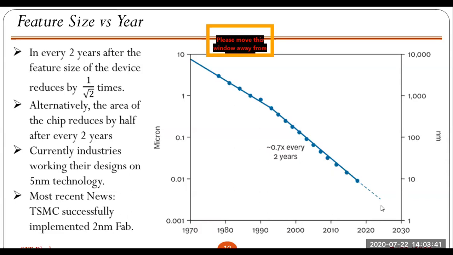So here Moore's law is somehow applicable. If you calculate, you will definitely get that. But the main thing is that one after another the technology is coming. Suppose I am saying 180 nanometer. Suppose we are working in our lab on 180 nanometer technology. The next technology is 130. The next technology is 90. So what is the scaling factor? Can anyone guess?